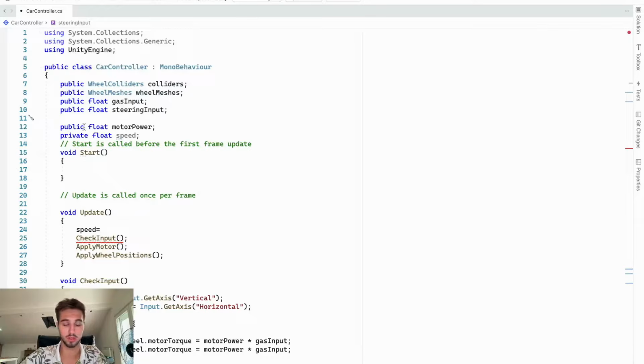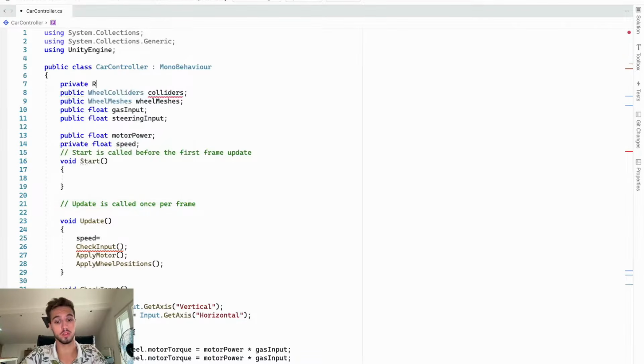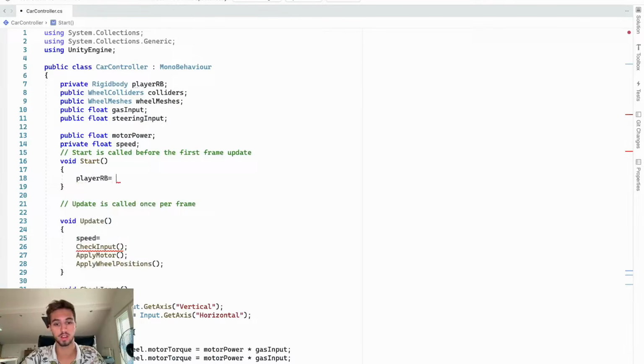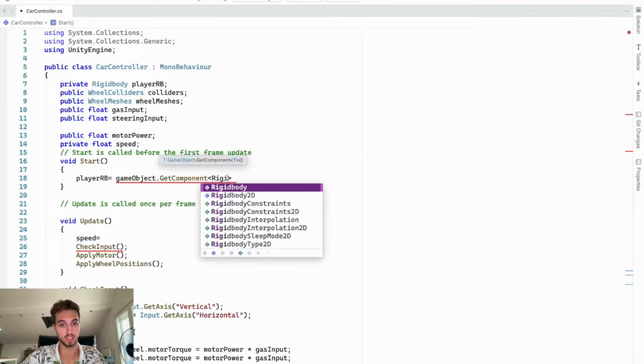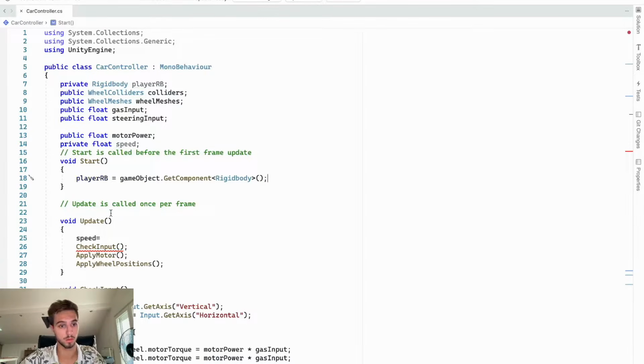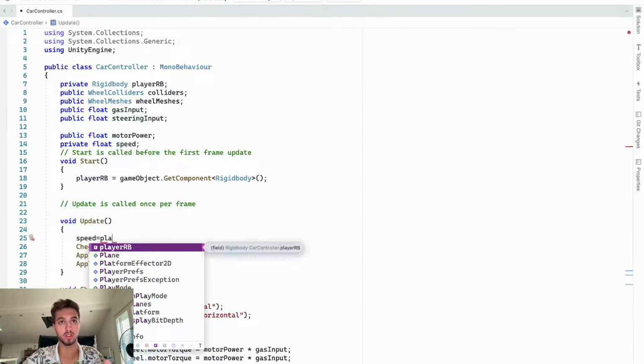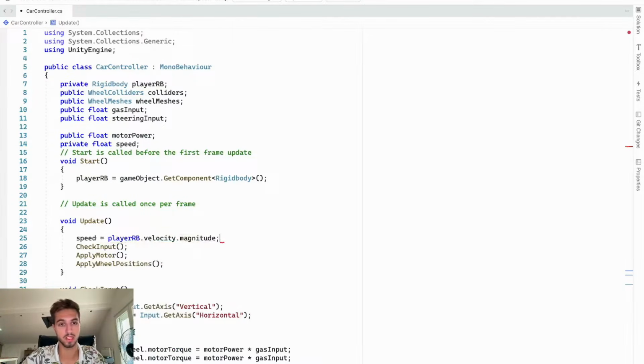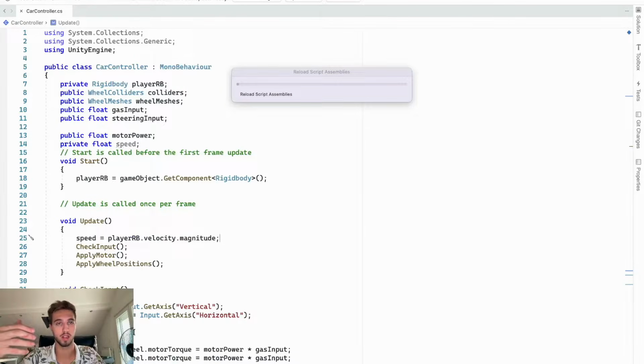So before we do that, I have forgotten to add a rigid body component to the script. So layer rigid body. And we need to get that component from the player. To do that, we do a player rigid body is equal to the game object dot get component, and get the rigid body component from the game object. So the speed will be equal to the player rigid body dot velocity dot magnitude, which is basically how